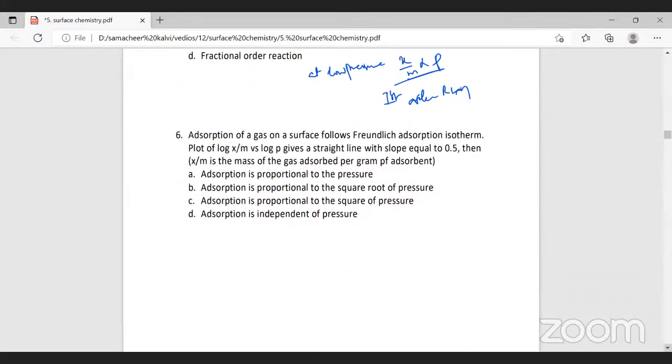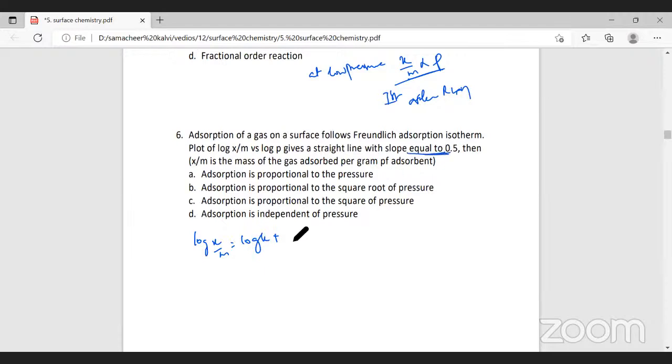The next question, adsorption of a gas on a surface follows Freundlich adsorption isotherm. Plot of x by m versus log p gives a straight line with a slope equal to 0.5. Then x by m is the mass of gas adsorbed per gram of adsorbent. Now, we know that log x by m is equal to log k plus slope